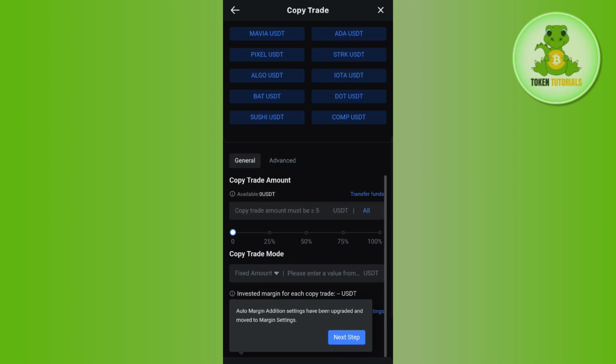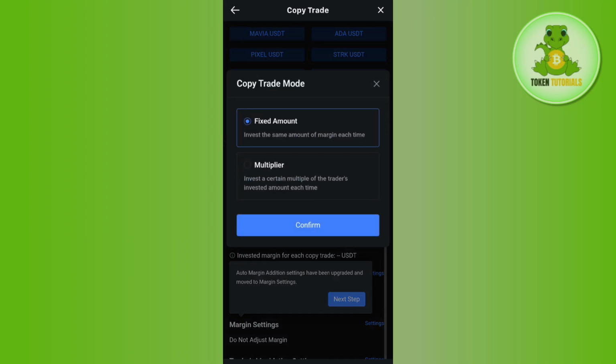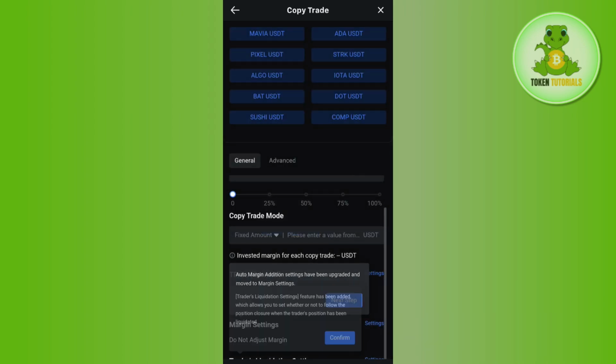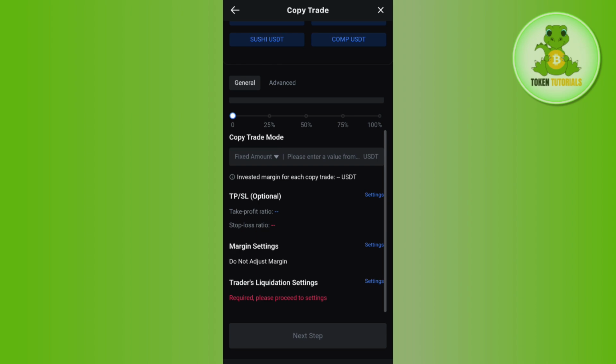Then you just have to scroll down, and over here you will have to enter the amount of USDT that you want to add in the trade. You can even use this slider to automatically select the USDT from your account. Then you just have to provide the copy trade account. It can be your fiat account or it can be your multiplier. Then you just have to enter a value in USDT, and after filling these details, you just have to press